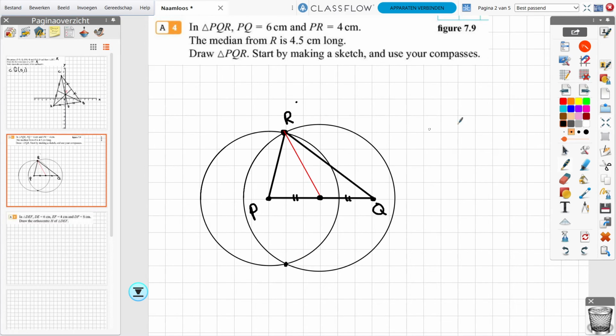So if you get a question like this, I want you to draw it like this, okay? PQ being 6, PR being 4, I use a circle to find that, and I know where the median ends. It ends on the midpoint of P and Q, draw a circle with radius 4.5, and then find the correct intersection points. This one is quite tricky, but you have to know how to work with medians in another way than just draw a median. You have to know what the